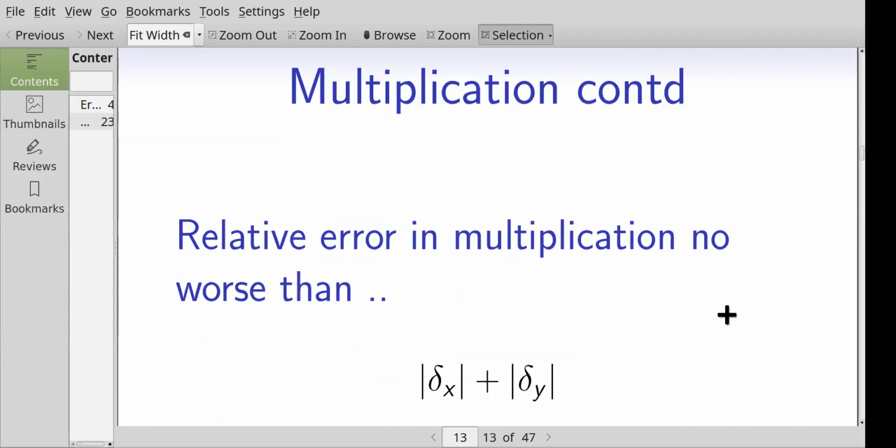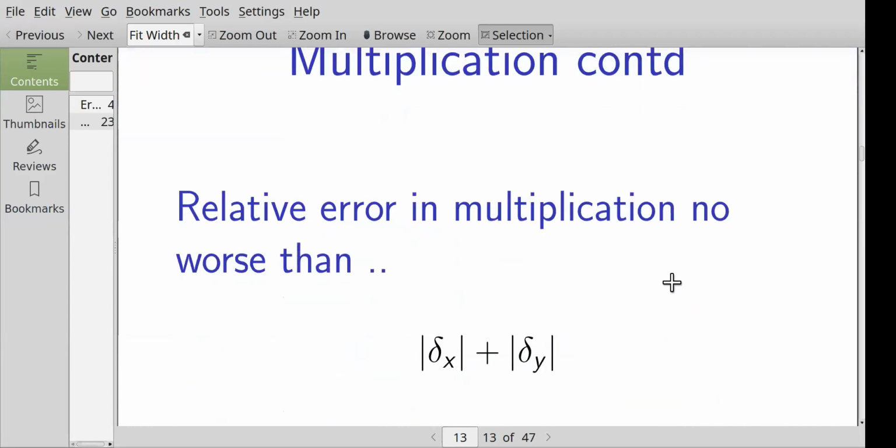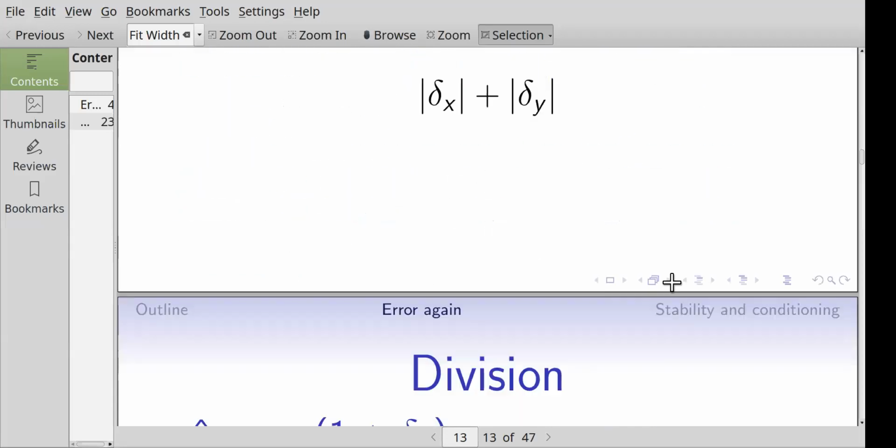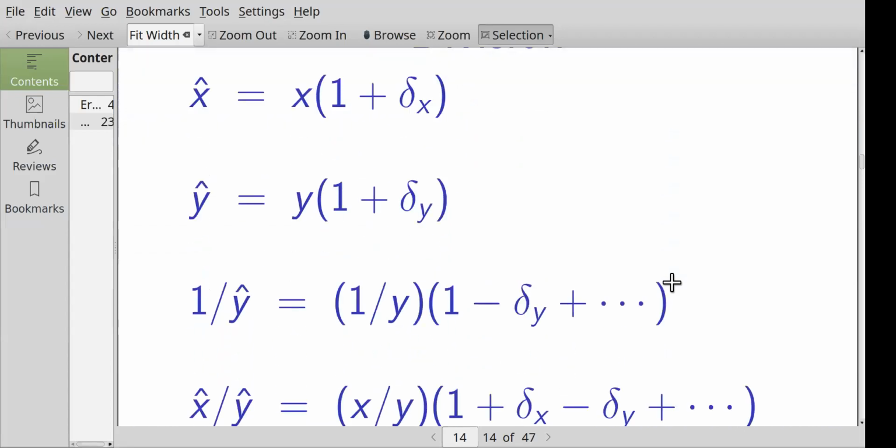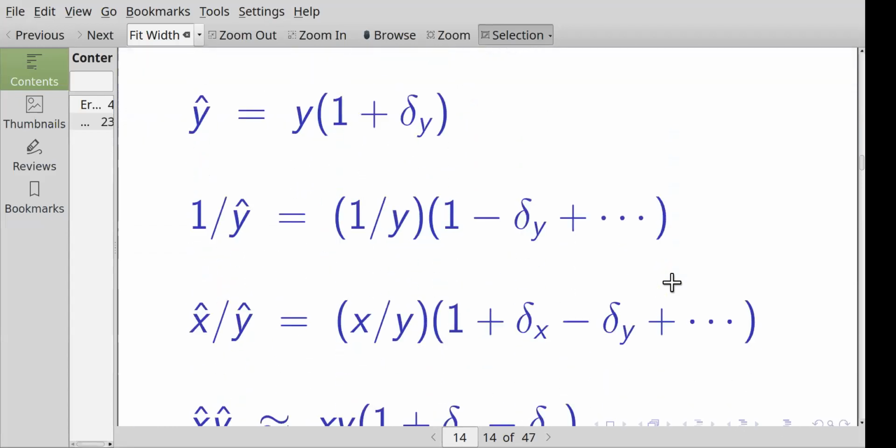And what that means is that the relative error in multiplication is no worse than the magnitude of the relative error on x plus the magnitude of the relative error on y. We had that result before, so I'm not going to have a long discussion. Once again, we also had the result for division. Just let me remind you again